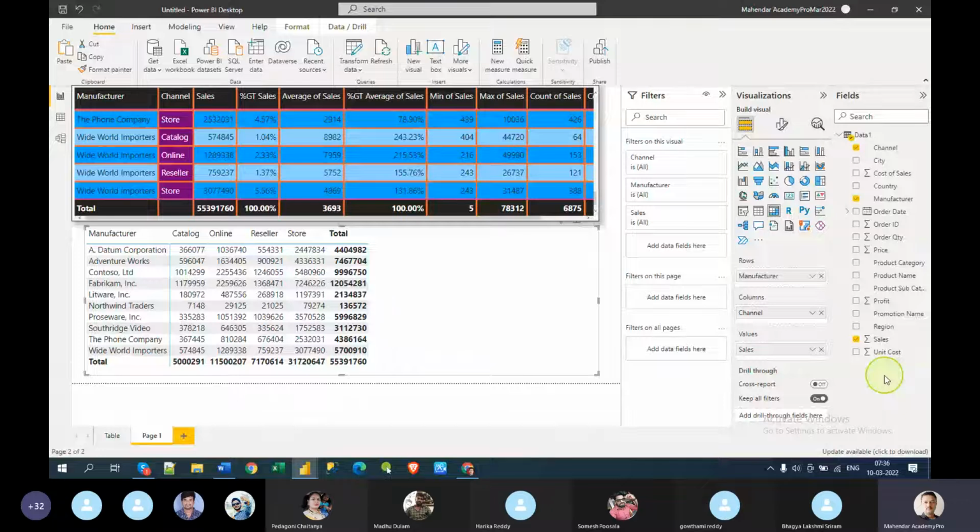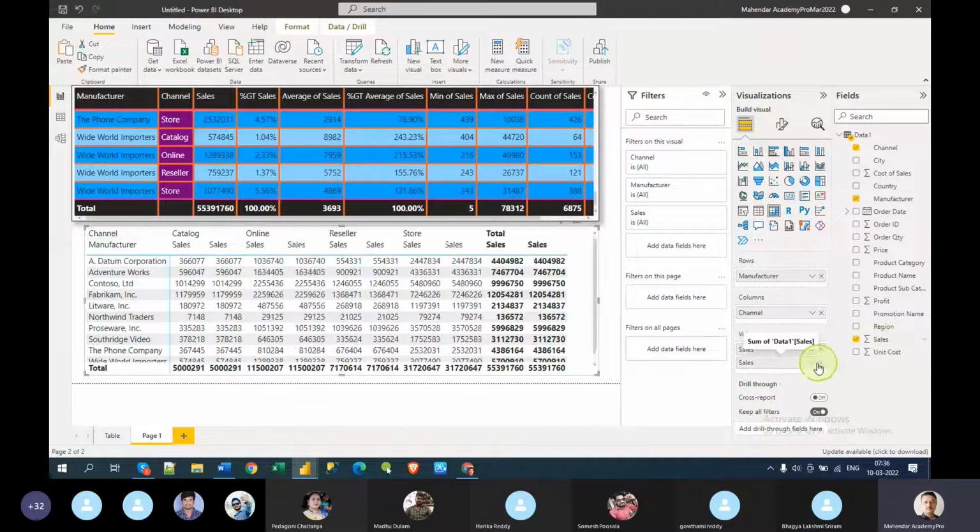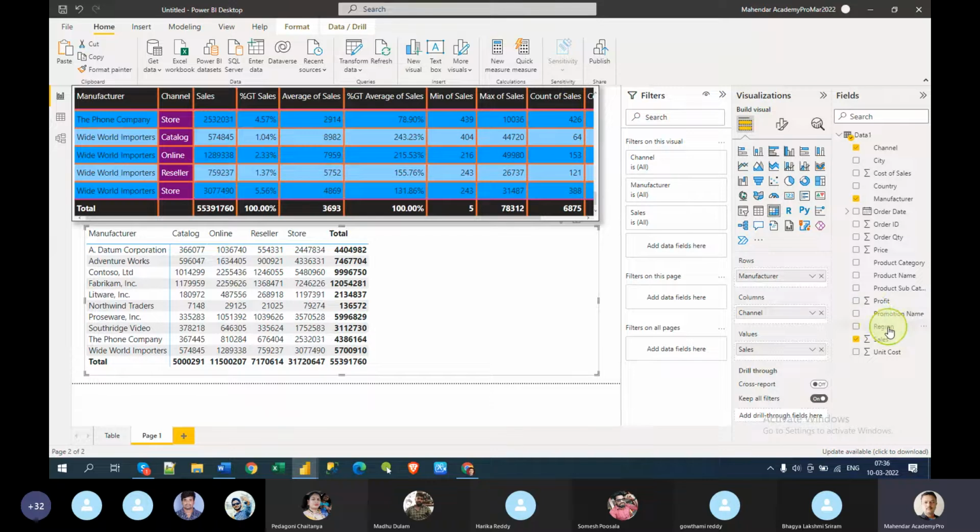But the interesting part is when you have two rows, two columns and two values, how it looks. As I said, you can put two values, that's perfectly fine. That's what we have seen. Let me remove this and add a region here in this channel.